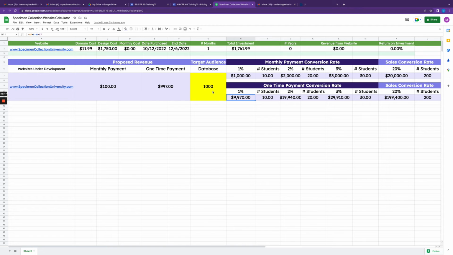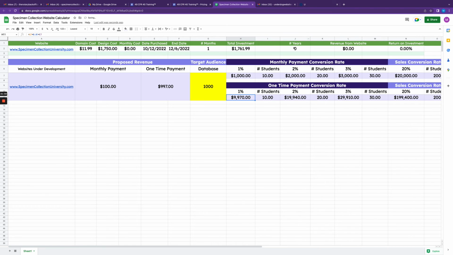Now, getting back to this spreadsheet, that's a 1% conversion rate. What's more likely to happen when you get a good targeted list of people who are actually interested, you're really probably going to convert in the 2 or the 3% range, possibly even 20%. You just never know. I don't like to think like this. I don't want to go up to the 20% until I test it and I start marketing it, because it is new. So I'm going to stay in the 1, 2, or 3%.